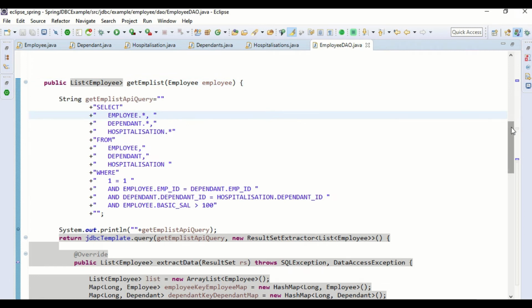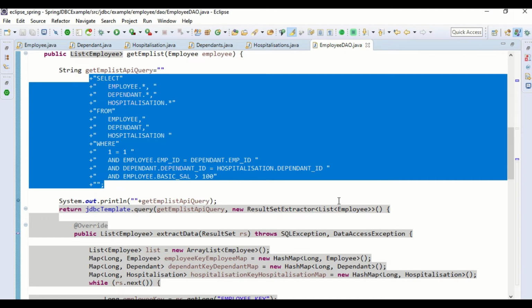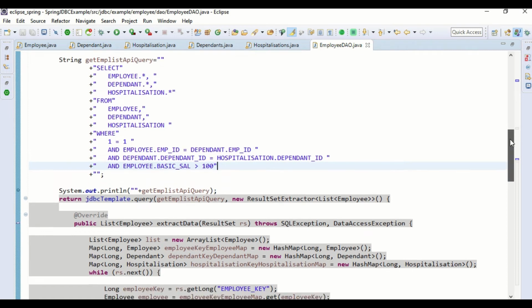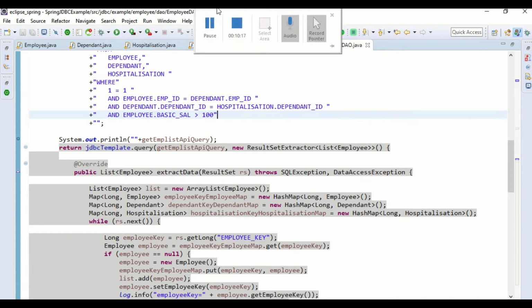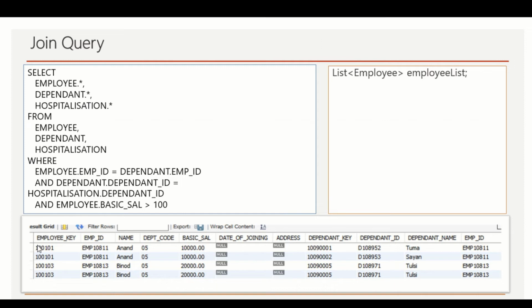First of all, we will be using JDBC template to execute this query, and we will use result set extractor to read the values from the result set and set them into the bean classes. If you look into the result set, this is the data we will be getting.